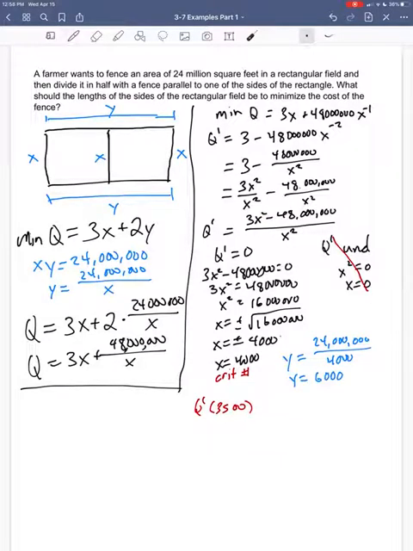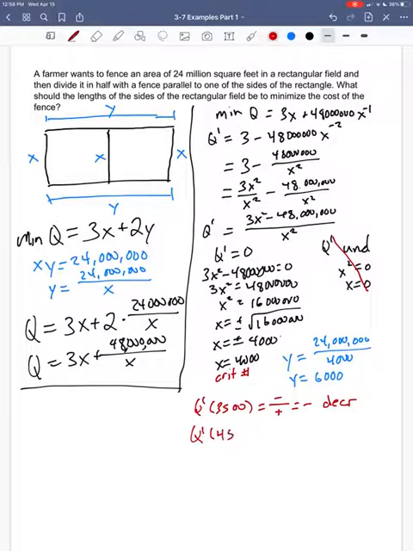If I plug in something less than 4,000, then this is going to be less than 16 million. This is going to be less than 48 million. And so when I subtract, I'm going to get a negative. So I don't really know what the number is, but I'm going to get a negative number in the top and a positive number in the bottom, which is going to be negative overall. So that means the function is decreasing when x is 3,500. On the other hand, if I put in